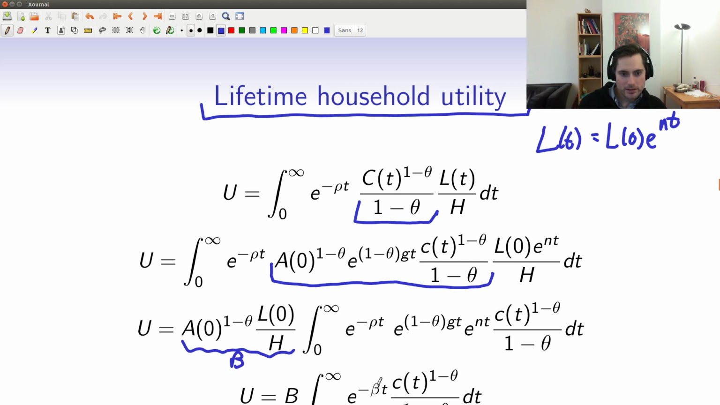And then over here, we're going to call, let's see here, rho minus 1 minus theta g minus n. We're going to call this thing beta. So we're just taking these three terms here and combining them into this little term. And now we end up with a very nice looking lifetime utility function that isn't too complicated and incorporates everything